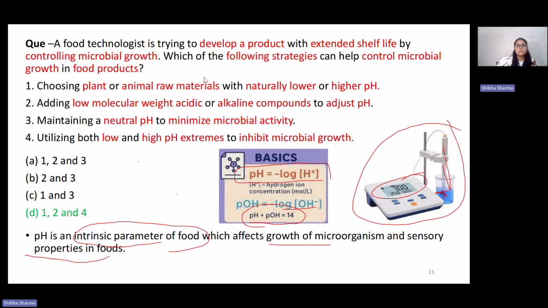Back to the question. A food technologist is basically trying to develop a food product with extended shelf life by controlling the microorganism growth. So how would the control of the microorganism growth be possible? Based on the pH, how can we control the growth of the microorganism? So basically pH,